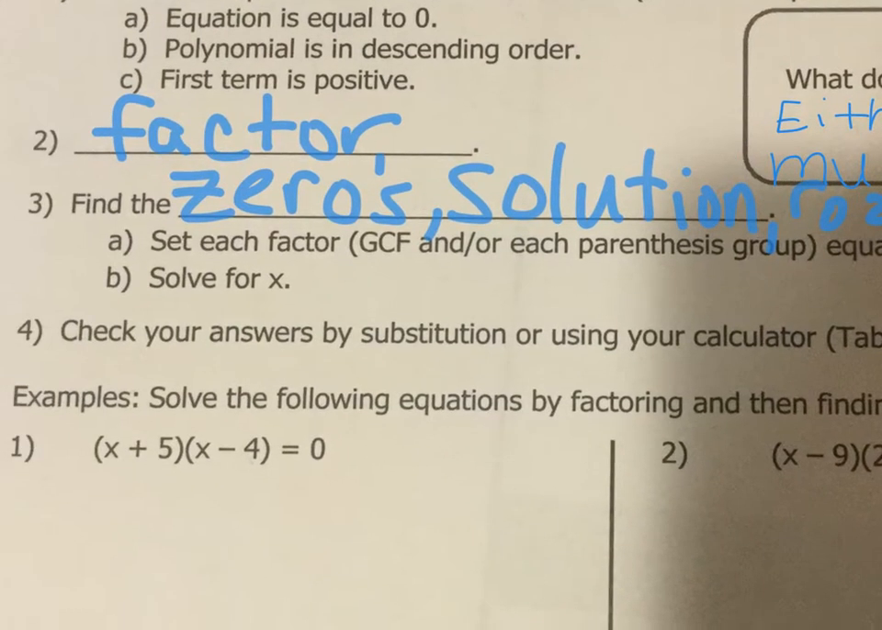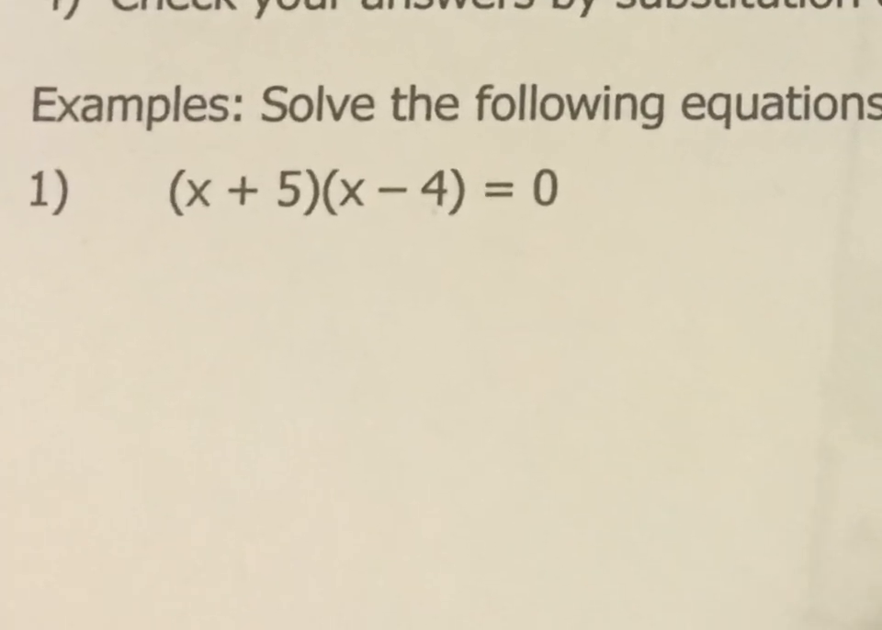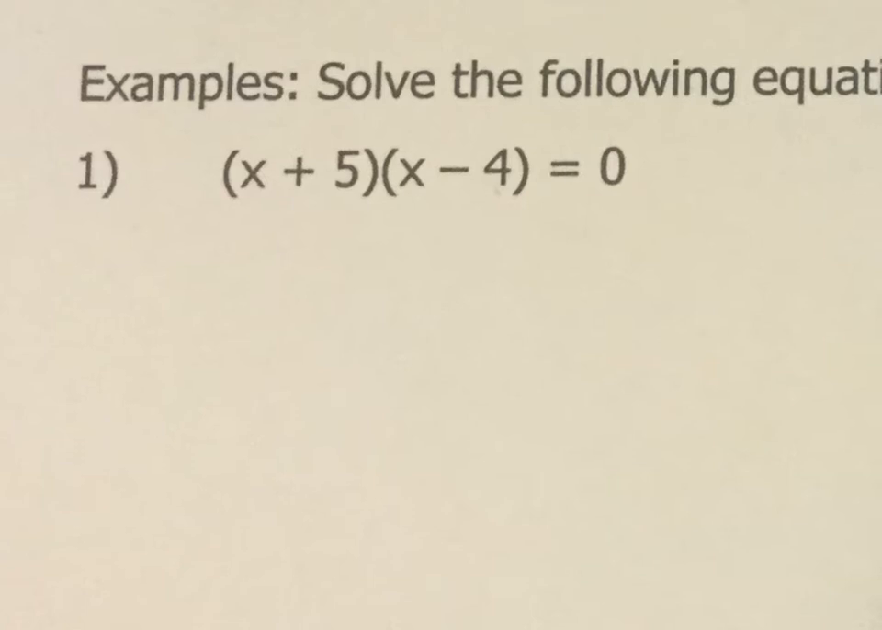Okay, and then we would solve for x. And again, we can always check our answers by using our graphing calculator, or we can check our answers just by substitution. So let's look at our first example, number 1, x plus 5 times x minus 4. On this example, we see a quadratic that has been already factored into two prime factors, x plus 5